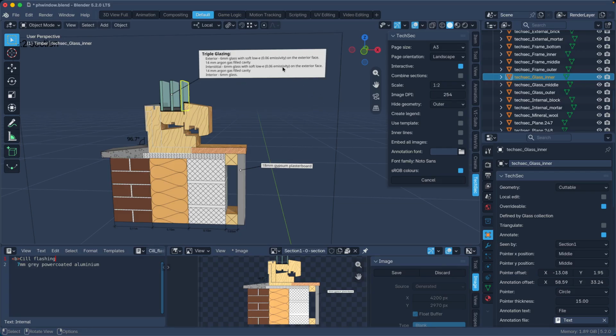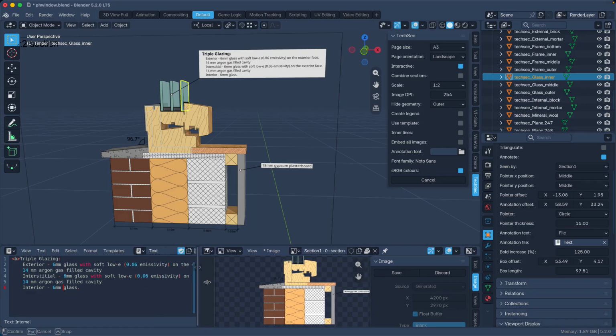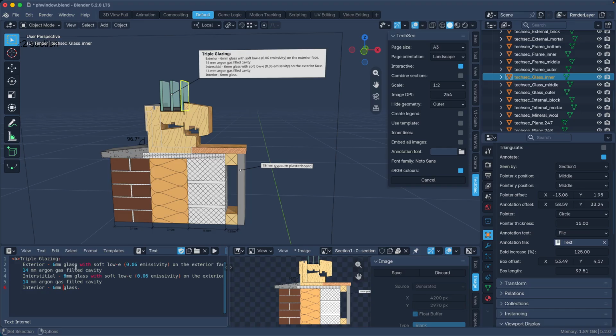But you'll notice that this is a multi-line text. We've got some bold text in here, which is larger than the attendant subtext. This is done by, if I come down, we'll see that I've got file set in the annotation text rather than string. And I've then got an option to select the Blender text file. If I come to that Blender text file, we see here the annotation text set up. So the first line, triple glazing, starts with,